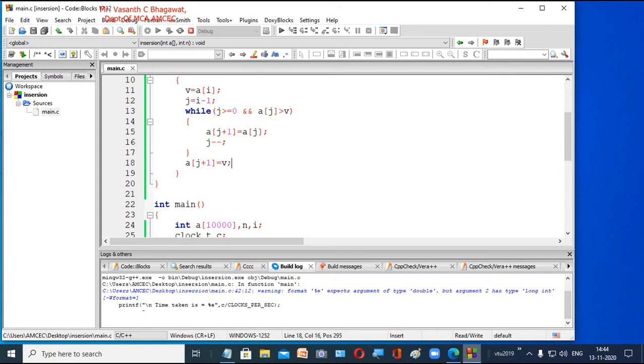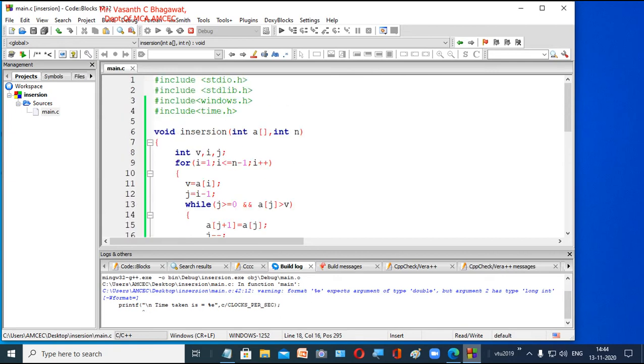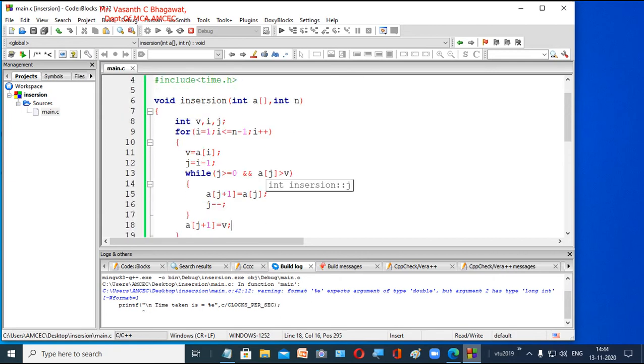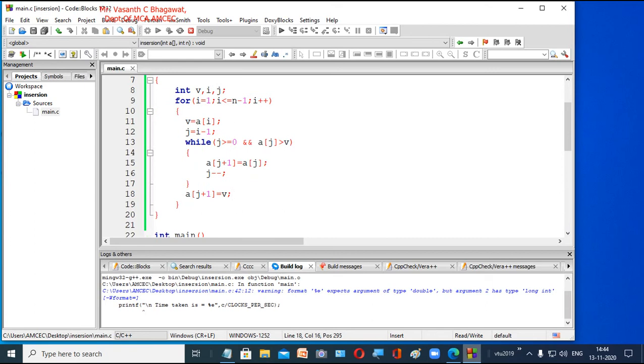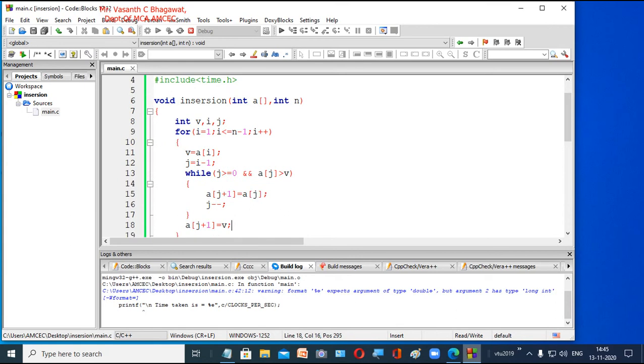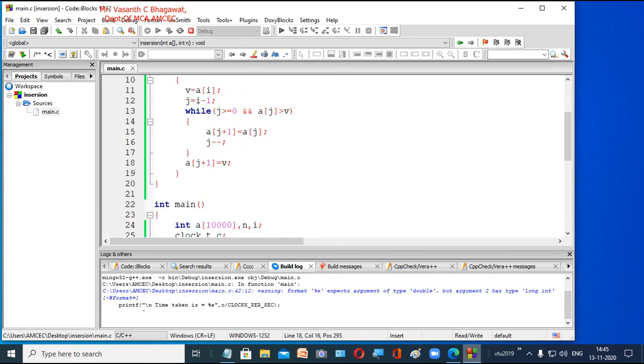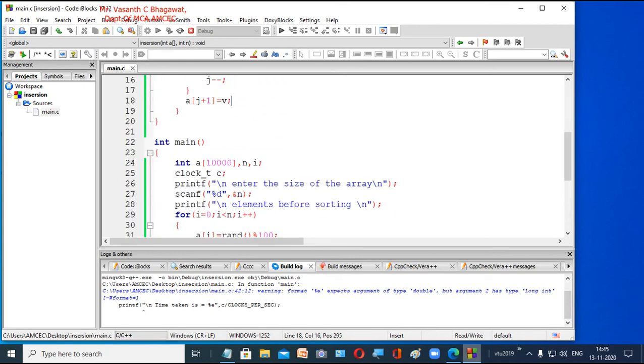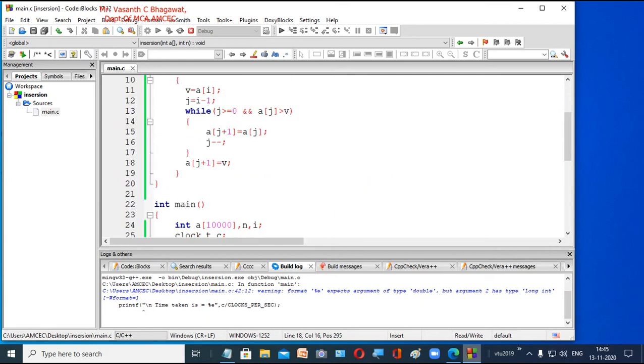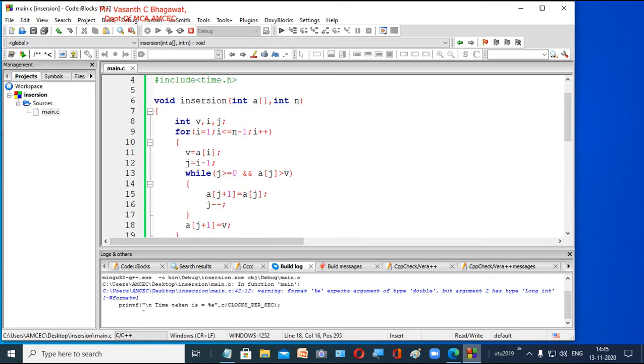Okay, it is taking a little bit of time. This is what the insertion sort is saying: just one for loop and one while loop. This is one of the very simple programs compared to the others, like merge sort or quick sort. We still have to see quick sort, so in our next session we will look at how we are going to do quick sort. Let's wait. It is taking too much time even though the program is very small. The system is taking too much time to compile.